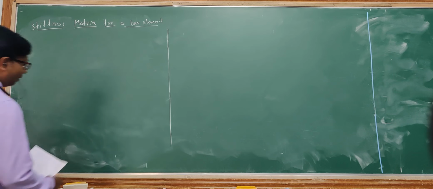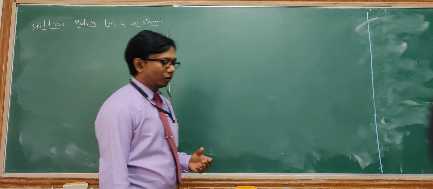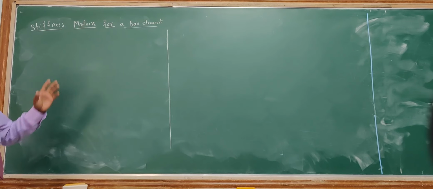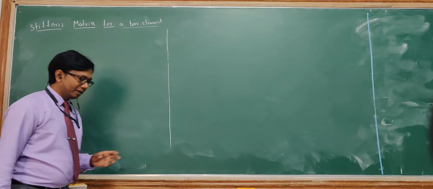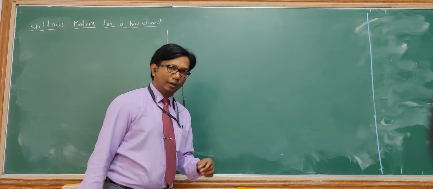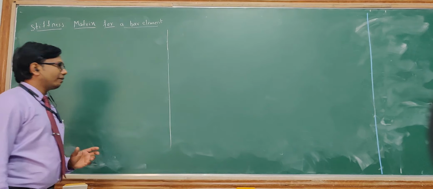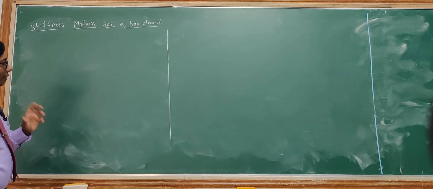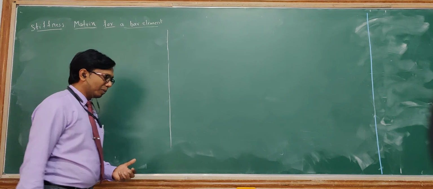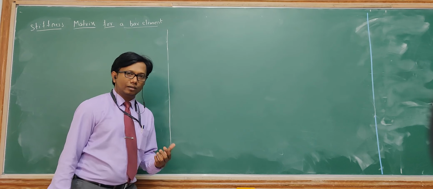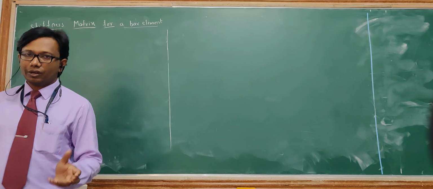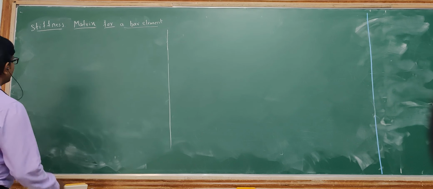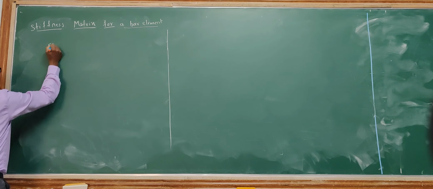Okay, now we try to derive the stiffness matrix for a bar element. The stiffness matrix varies for a bar, truss as well as for a beam. So first we will be trying to calculate the stiffness matrix for a bar element. Whenever we are deriving the stiffness matrix, we will start with the strain energy. Then from the strain energy, we will calculate the stiffness for a bar element.